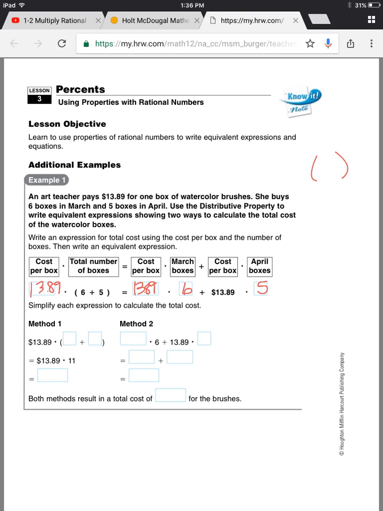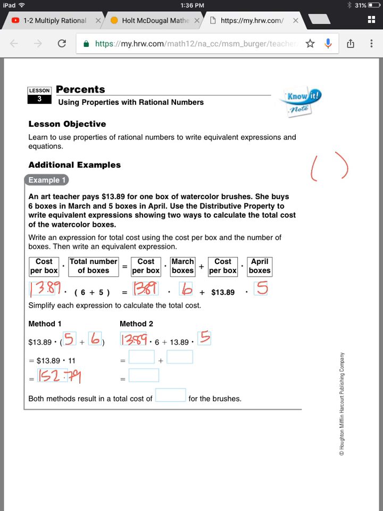So method 1 is to use order of operations. We can say 5 plus 6. 5 plus 6 is 11, and then we can multiply that by $13.89 using our calculator and get $152.79. Okay, or we can use the distributive property and say in March she bought $13.89 worth of, that's how much the boxes were, times 6 plus $13.89 times the number of boxes in April, and she got